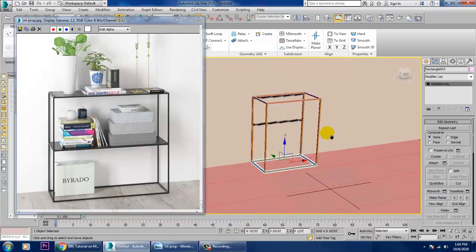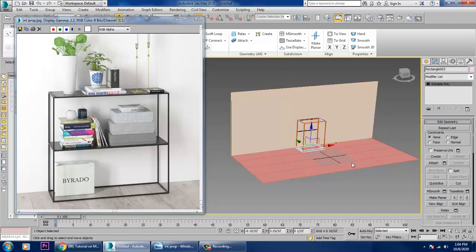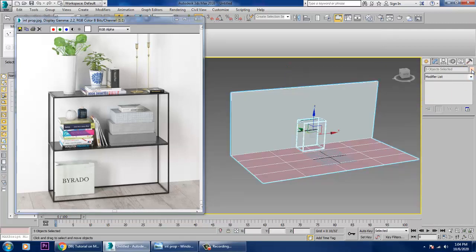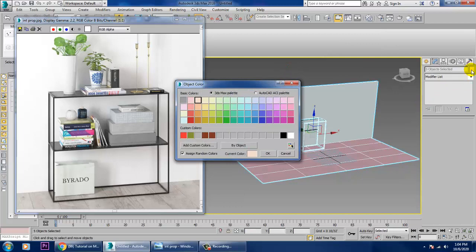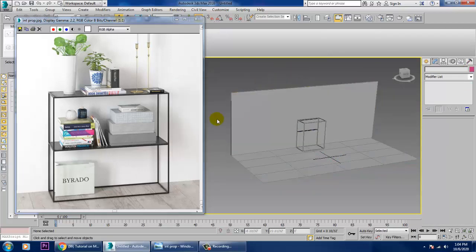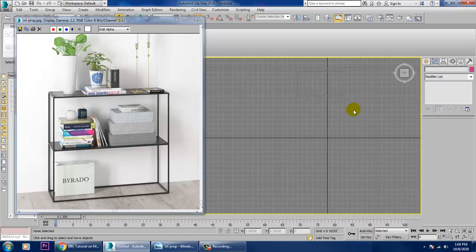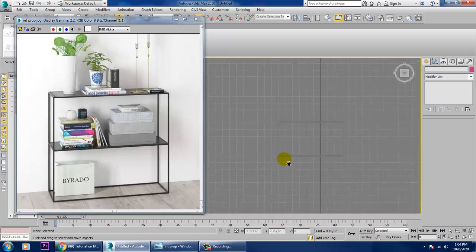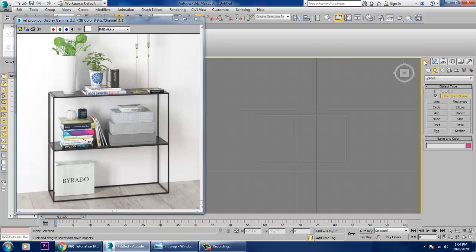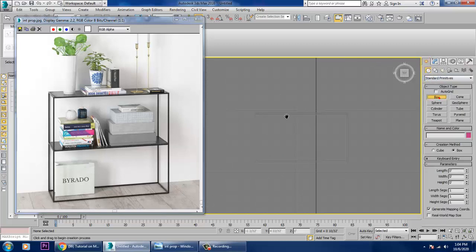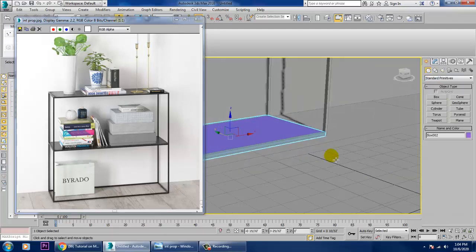Select this whole thing and give it a color. Let's go again to the top view and take a box over here.